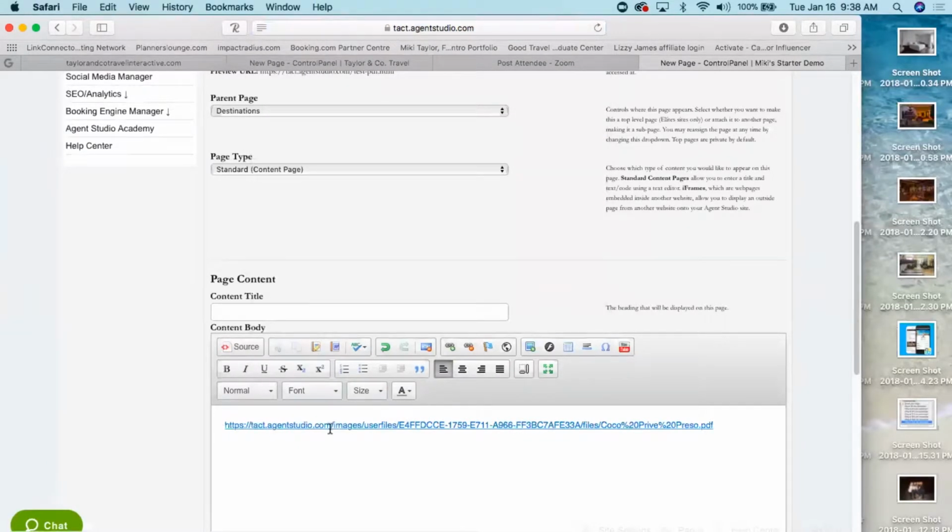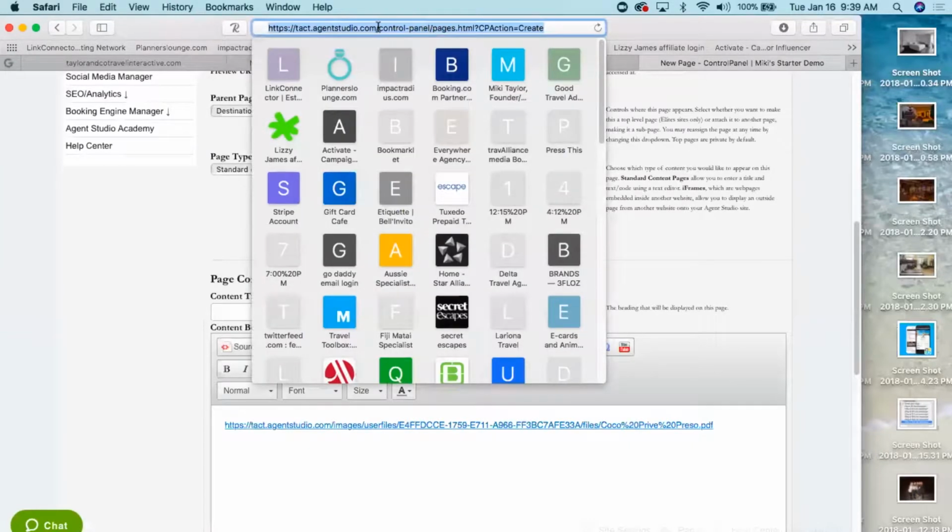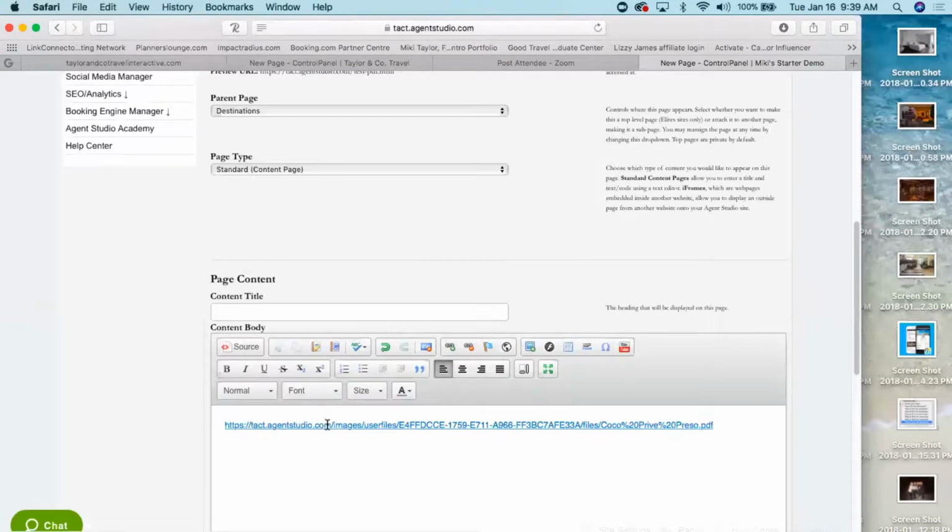And then we're going to paste it to the front of the link that was created when you uploaded that PDF. Okay, make sure you don't copy, if you look up here, there's a slash behind the .com, make sure you don't copy that, because if you have the backslash, this is not going to work. Okay, so once you have that pasted in front of the initial link, copy the entire thing,